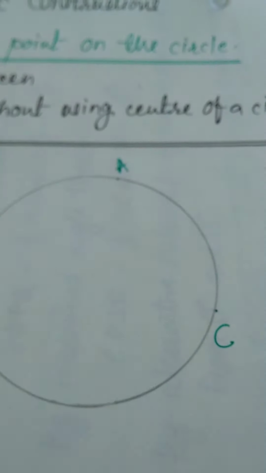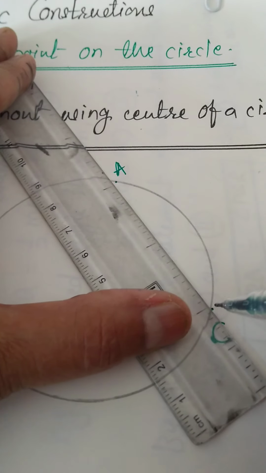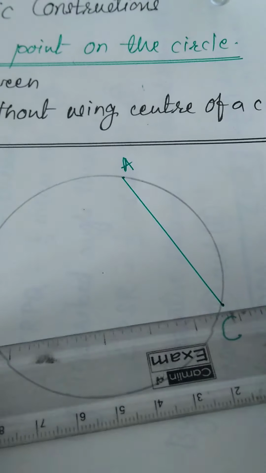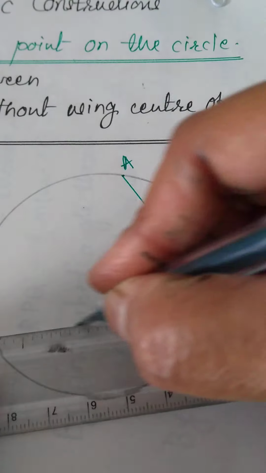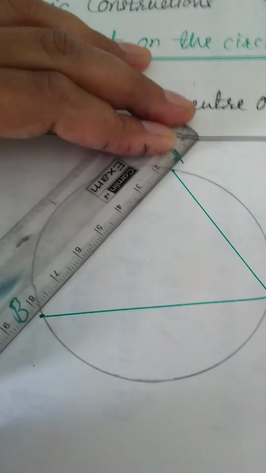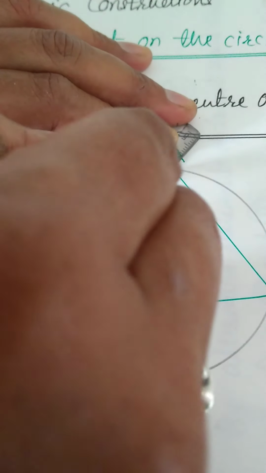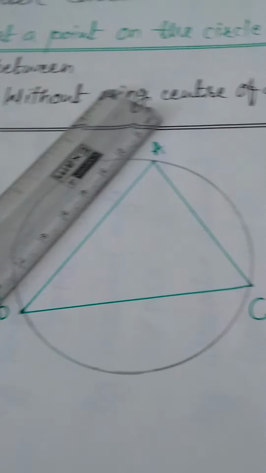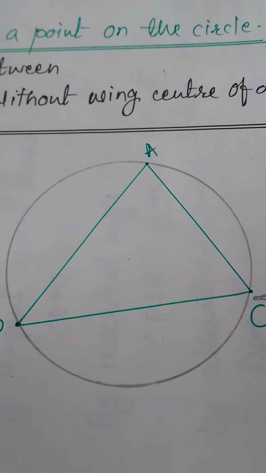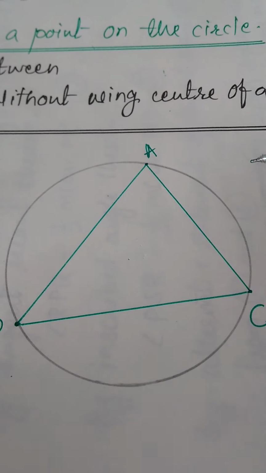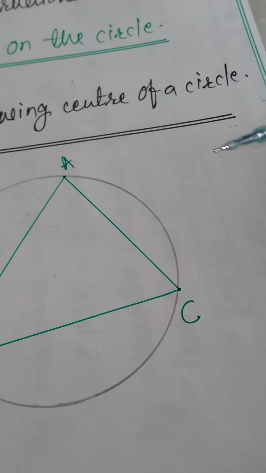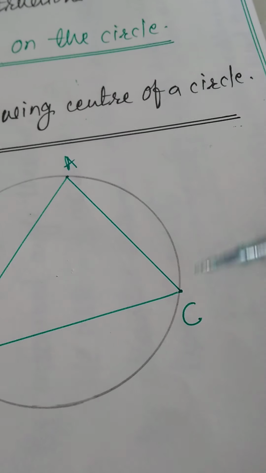Like this. We have to join these 2 points with the point C. There is a formation of a segment AC, a formation of a segment CD when we join these 2 points. And if we join AB, there is a formation of a triangle ABC. Now when we draw a tangent through this point C, if a D point lies on that tangent, angle ACD, angle A, C and D, D point lies on this tangent.